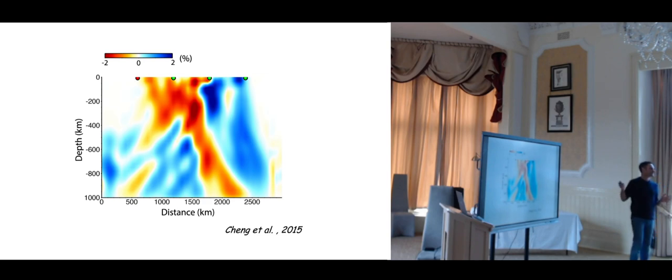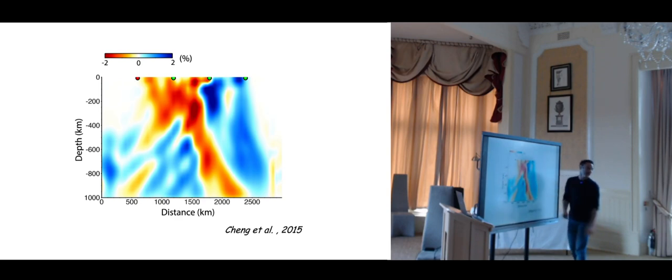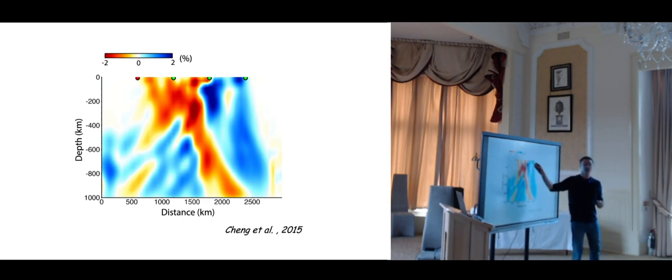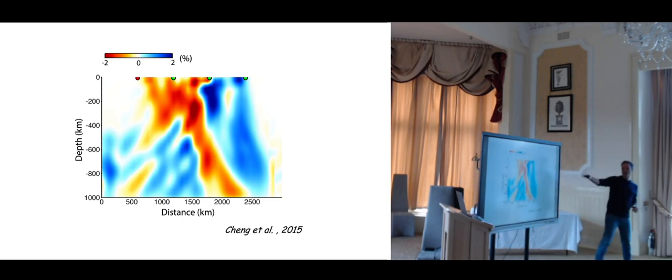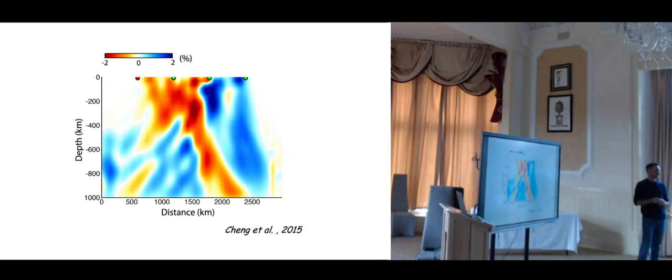A last example, this is travel time tomography below Hawaii in the middle of the Pacific. It's a P-wave travel time, so we have earthquakes, teleseismic events that are coming from very far, and the rays are coming under Hawaii vertically. So we have a lot of vertical rays. That's the geometry of the experiment. And so we have a very good lateral resolution, but the vertical resolution is very poor. And that's why you see a lot of smoothing, vertical smoothing. And this is an effect that we know very well in travel time tomography, called the smearing.